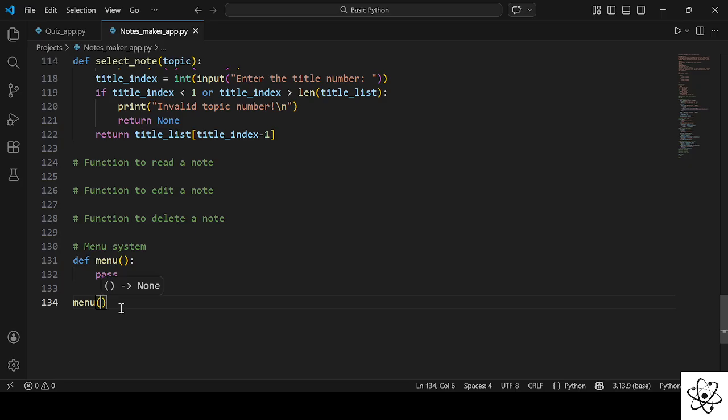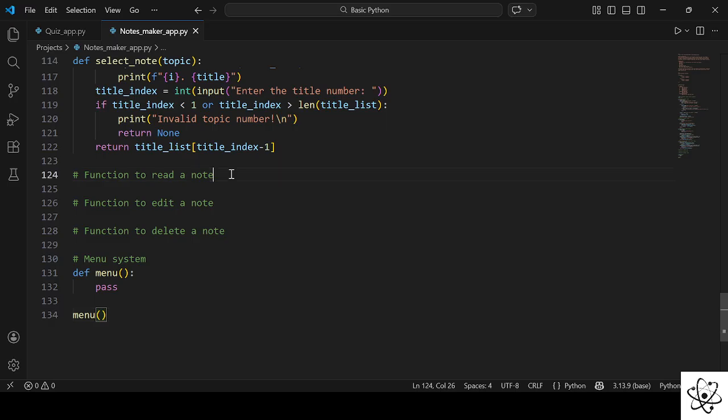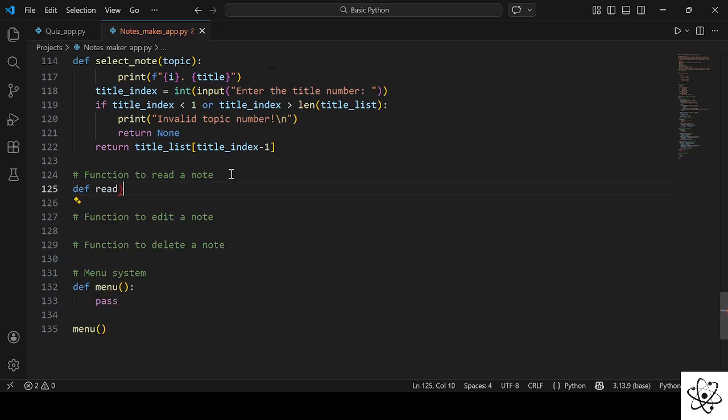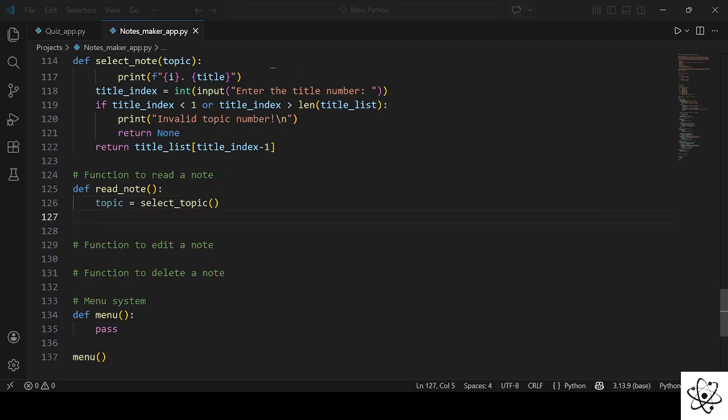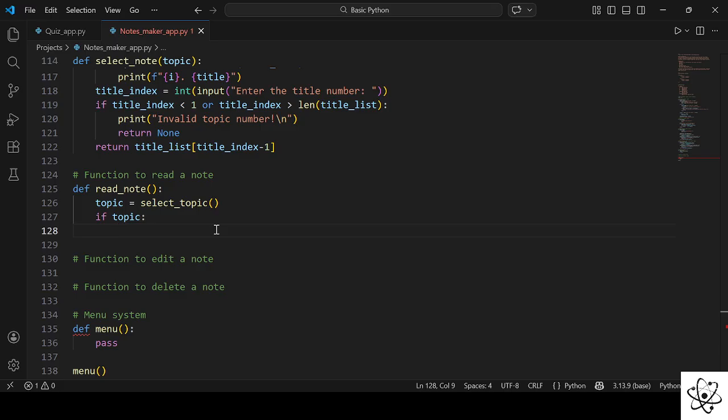So basically the while loop is going to be written in this menu function, and I hope this is clear up until now. So let's start by reading the note, and now we just have to create a function, define read note, basically, and in this we can say topic is equal to select topic, and also we are going to say if not topic, return,